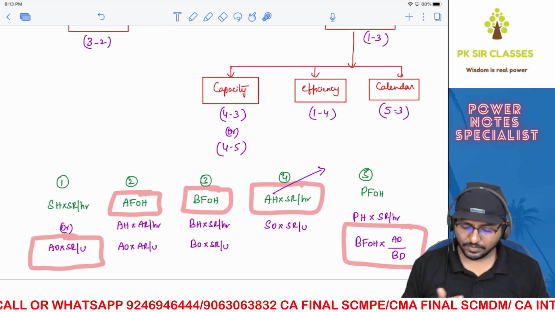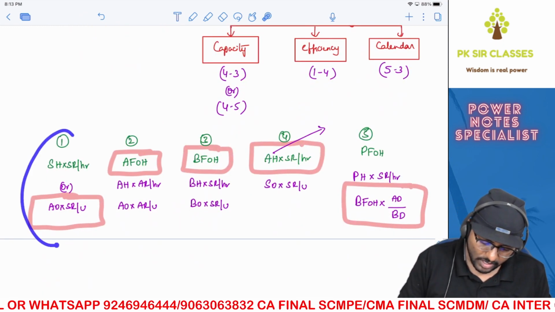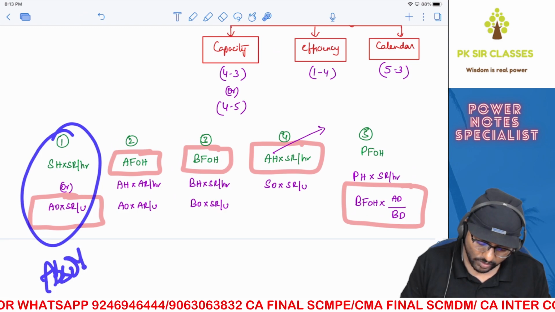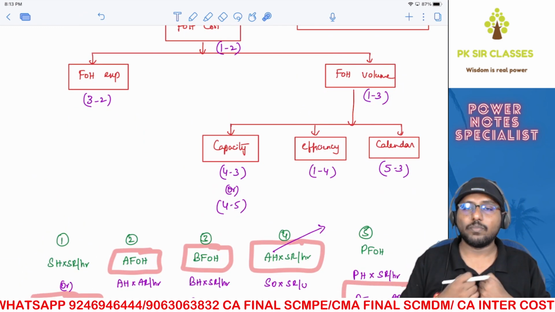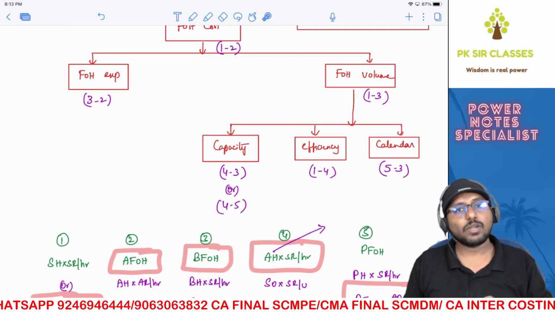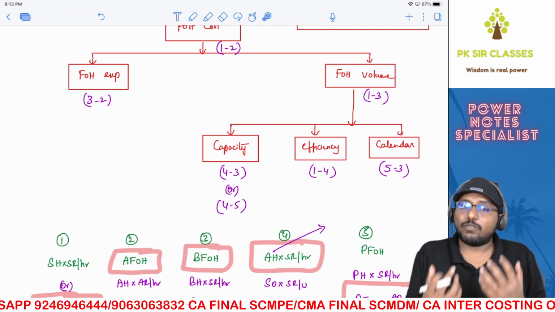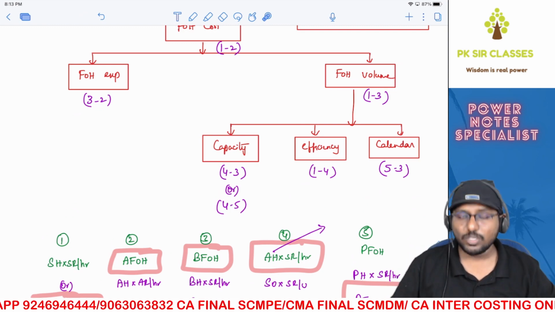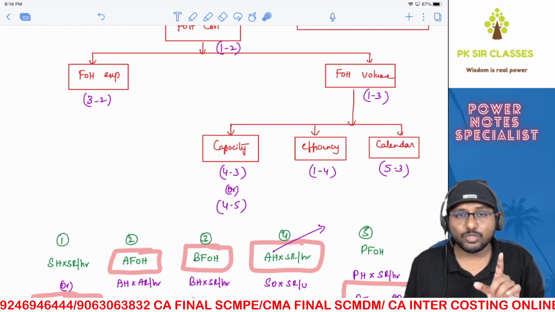Are you able to understand? Here, when I talk about fixed overhead volume variance, 1 minus 3, here 1 I am talking about absorbed overheads only. So more the volume, more will be the overheads that you will absorb. Still, fixed overheads incurred will remain constant irrespective of the output. Are you able to understand? I am talking about absorbed fixed overheads. That will change because of change in volume. Are you able to understand? You got it? We have already discussed the concept of absorption there.